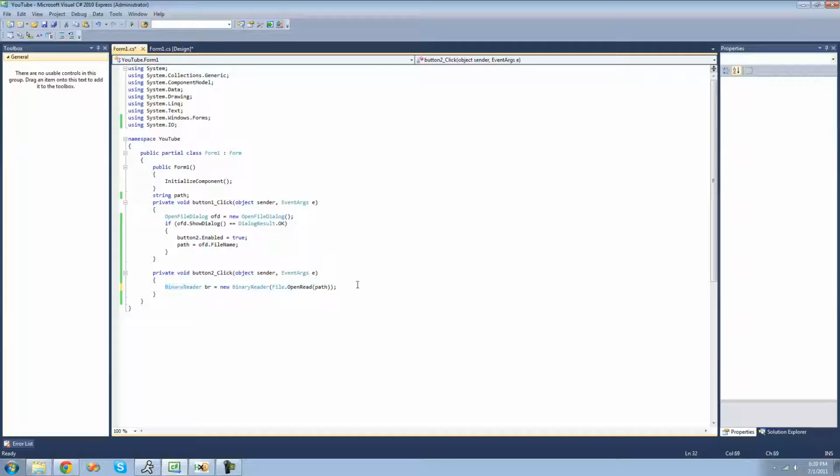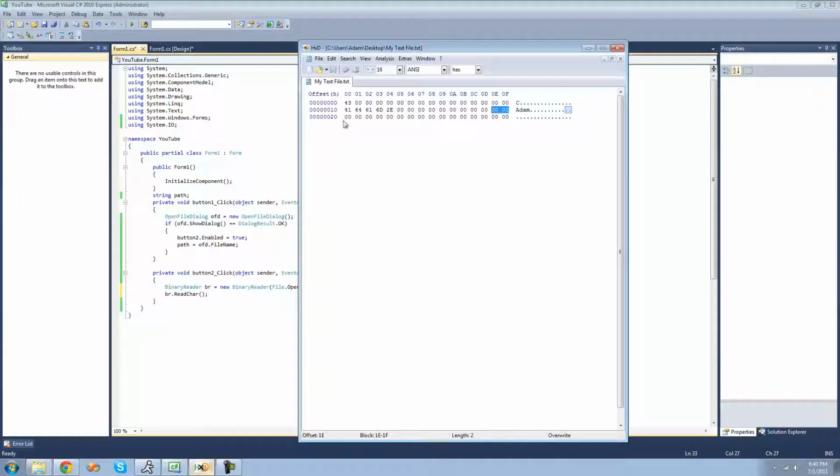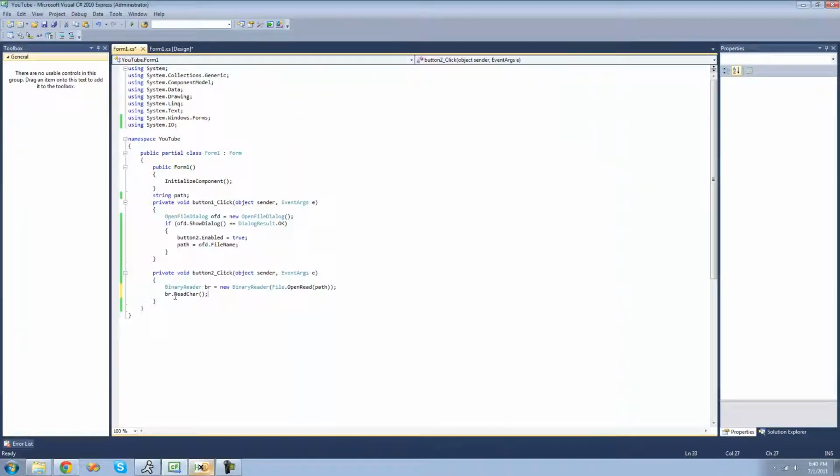So once you have your binary reader typed out here, we can use the binary reader to read something. The first method in the binary reader that we're going to be looking at is ReadChar. Basically what the ReadChar method will do is it will read a character from your file. Since we haven't specified a position in our file to read from, it's just going to start at 0. So it'll just read this first character right here, this C. We're going to have it read this character into the text box